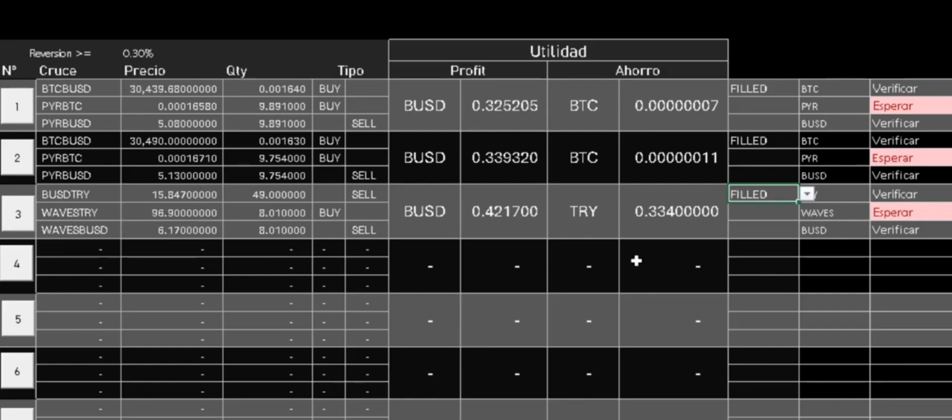In the following videos I will explain what these buttons are for. These buttons are actually for when you have finished a triangulation package. You hit this button and it erases it,